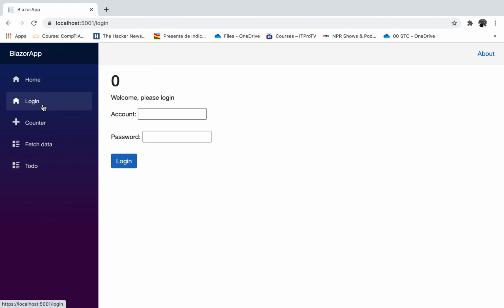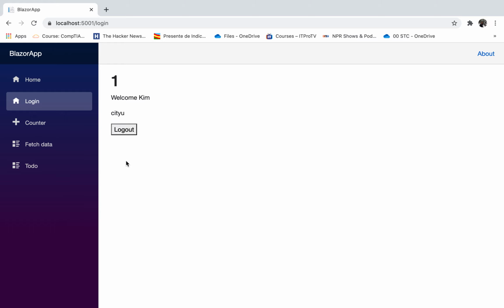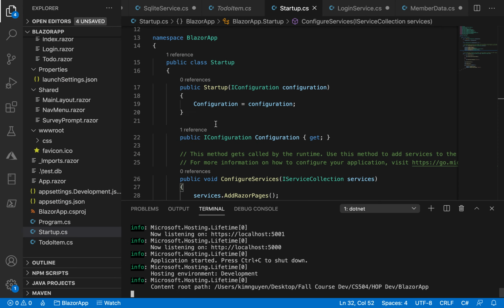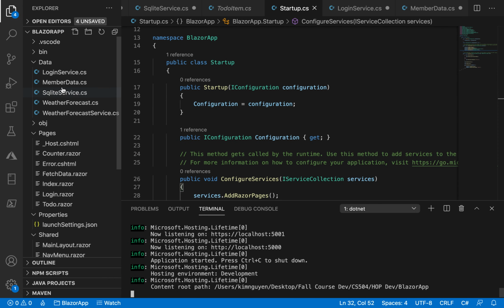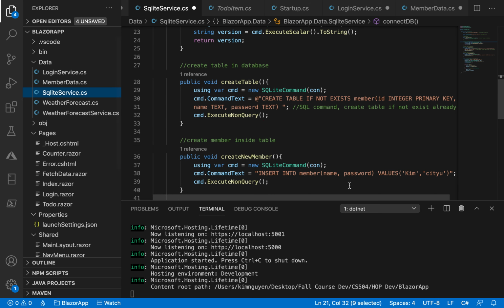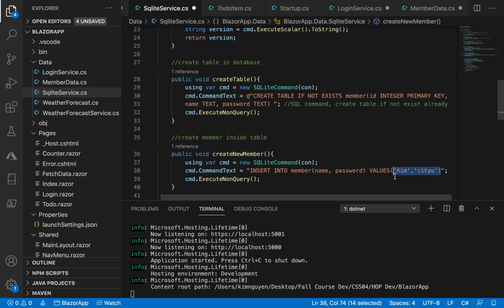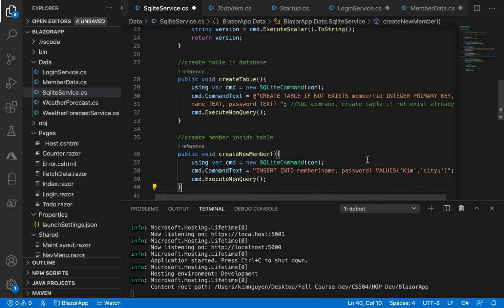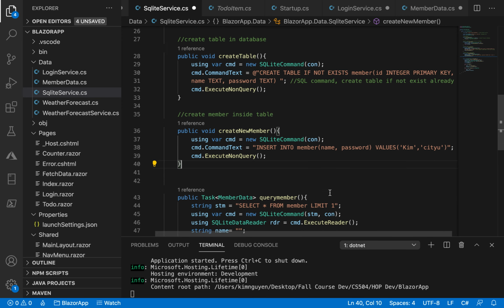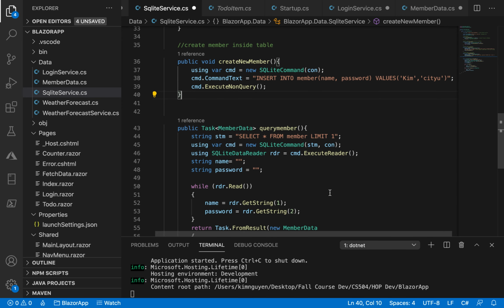Okay, so here's the app, and if we go to the login page and I click login, you can see Kim and CDU, which are the values that we actually gave over here in the SQLite service. So right now, it's still the values that I gave because we don't have a sign up page yet, so we don't have flexible data that actually comes from the user. Next week we're going to add that, and we'll have actual data that any user can input themselves, and